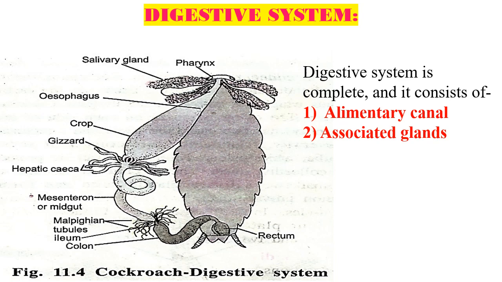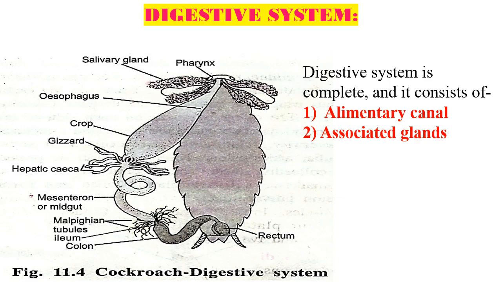is usually consisting of two parts. The first one, the alimentary canal, or simply it is called a food tube, in which reception, conduction, digestion and elimination of food material take place. And the second component consists of the associated glands, which generally produce the secretions which are helpful for the process of digestion. So first, obviously, we will see the alimentary canal, and then in the second part, it will